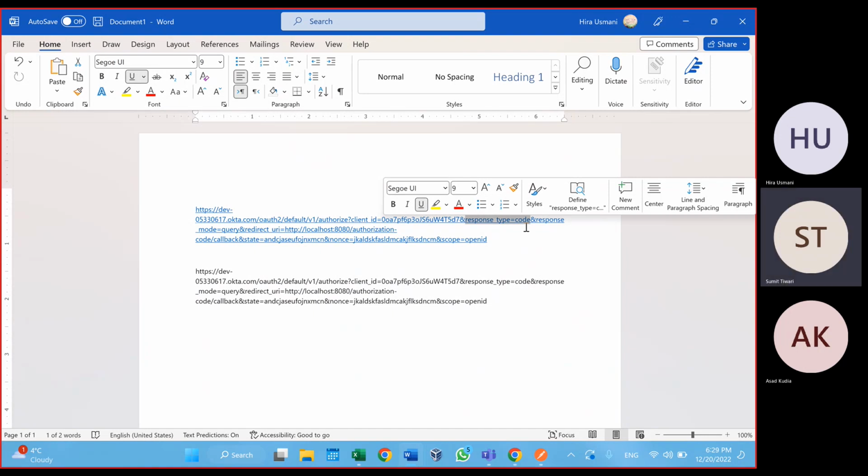So this is one flow which we have covered, which is called authorization code flow. What it basically does is we want the user's authorization to be presented to us in a code format, and we will then use that code to get our token later on from the token endpoint, which we have done using Postman, right? Now in a different flow of OIDC, which is called implicit,